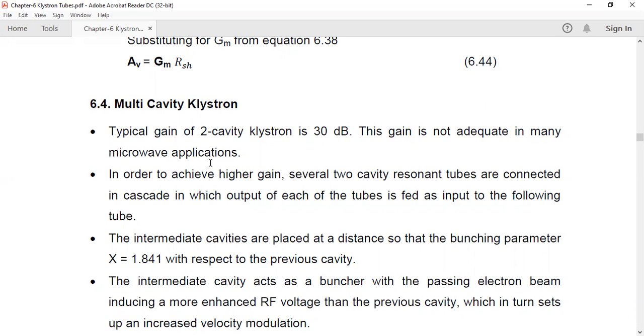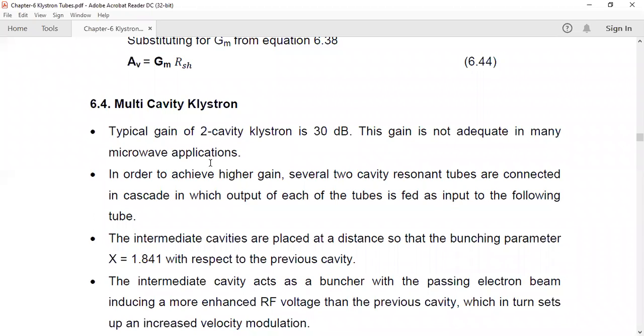Another one is: explain about the two cavity Klystron with the Applegate diagram. Even if they have not mentioned it, when they ask simply to explain about two cavity Klystron, or the working of two cavity Klystron, you need to draw the two cavity Klystron diagram and explain using the Applegate diagram only. Sometimes they may ask clearly to explain the two cavity Klystron using Applegate diagram. In that case, you need to draw the Applegate diagram.